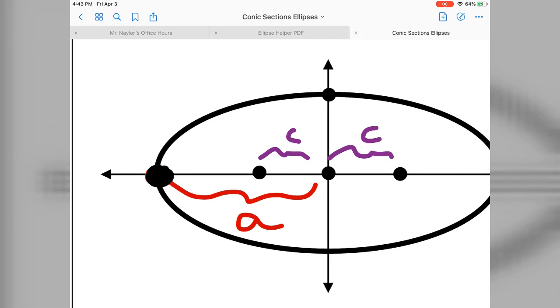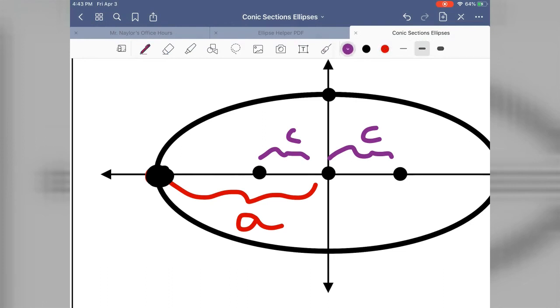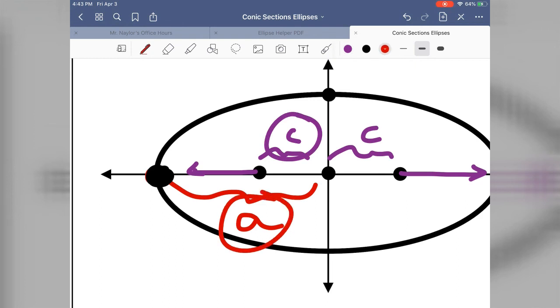Now, I just want you to think with me for a moment. If you took these two points, the foci, and you drag them out, as we talked about at the beginning of the lesson, you would end up with an ellipse that is a lot more oval. But what's really happening is that your c value and your a value are getting closer to each other,